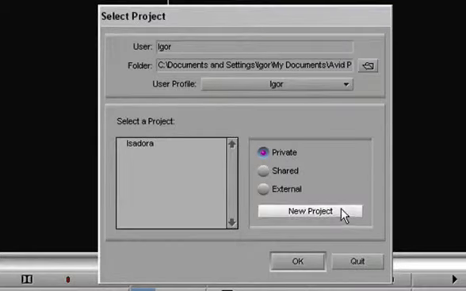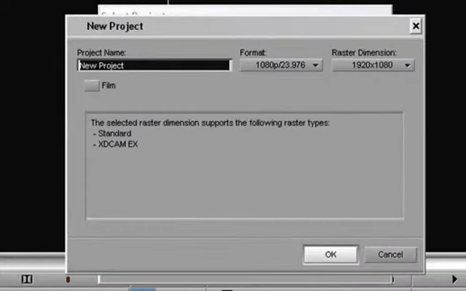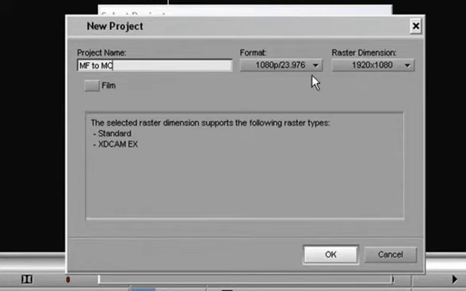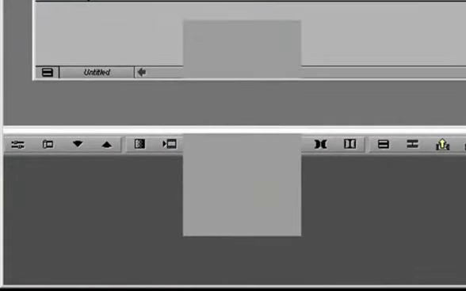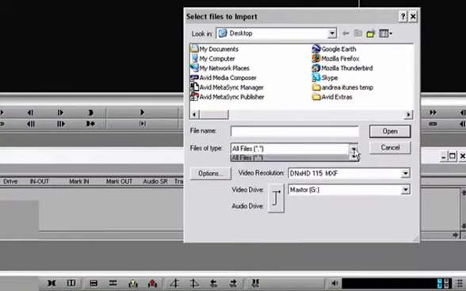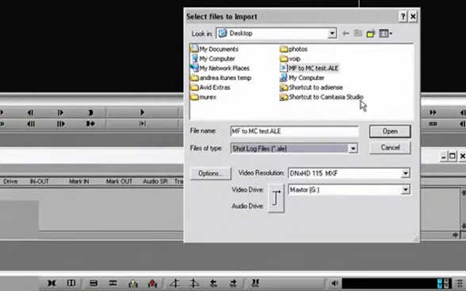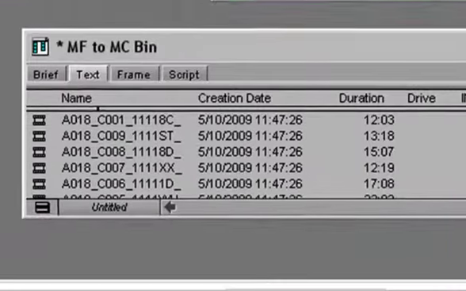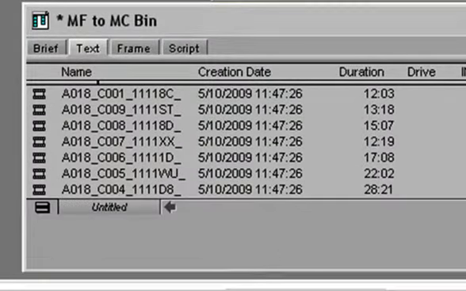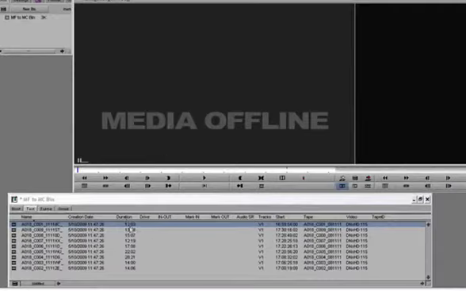In Media Composer, we'll create a new project, call it MF to MC, and we'll make sure that the format settings are the same as the Red files that we encoded in Metafuze, so 1080, 23.976p. I'll right mouse click on the bin, select import. We'll find the ALE that we created in Metafuze. Here it is, MF to MC test ALE. Click on OK, and all of our master clips are in the bin. However, the media is still not connected. It says media offline. So what we have to do is we have to select all the clips in the bin,